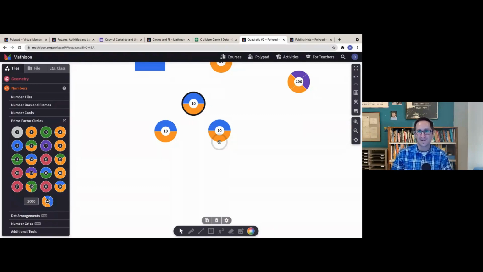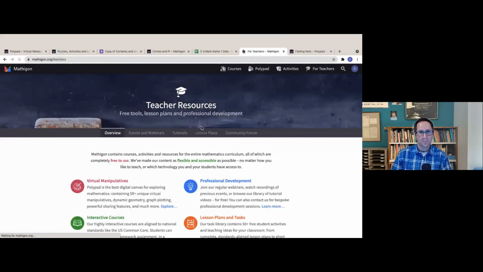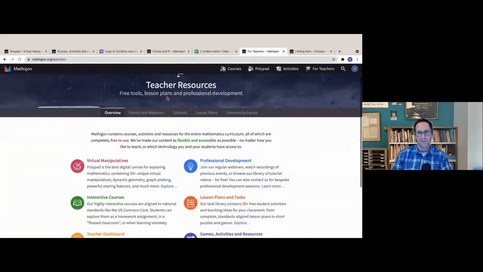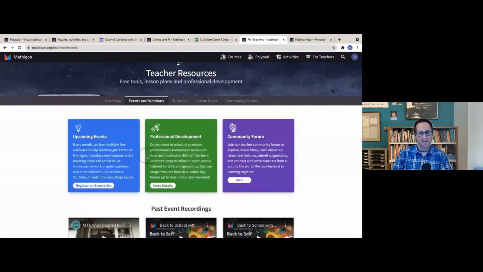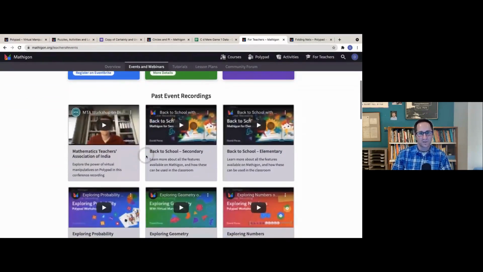But I do want to take this quick moment to show you more on the teacher page here. The purpose of tonight is how to use virtual tools to engage students in mathematics. I'm sharing some things on Mathigon Polypad, which is the virtual manipulatives on Mathigon, free for everyone, right? Free for teachers and students. If you're interested in learning more about how to use the tools on Polypad, there are lots of webinars here that you could go explore.